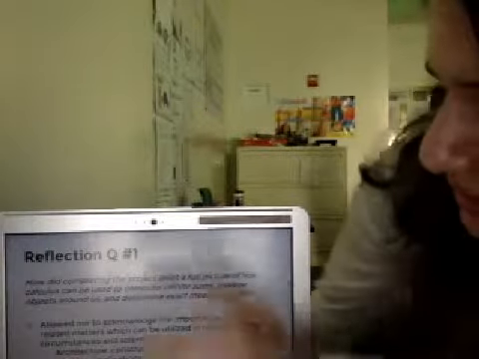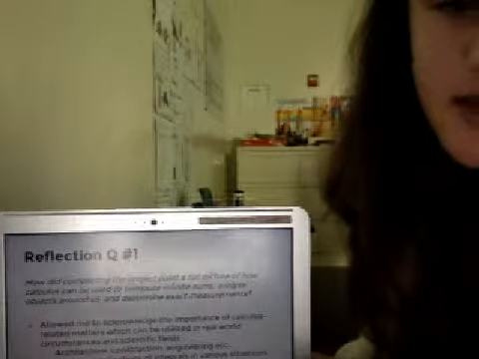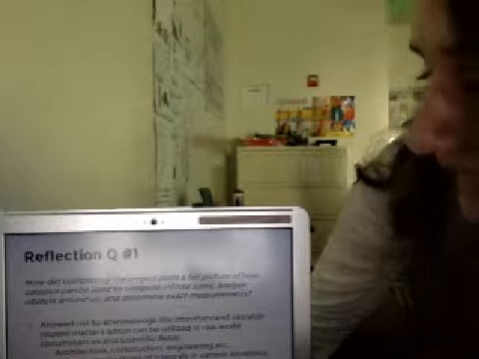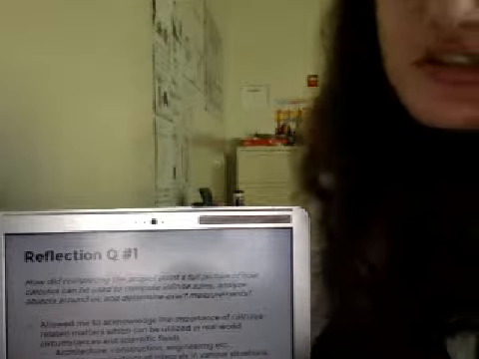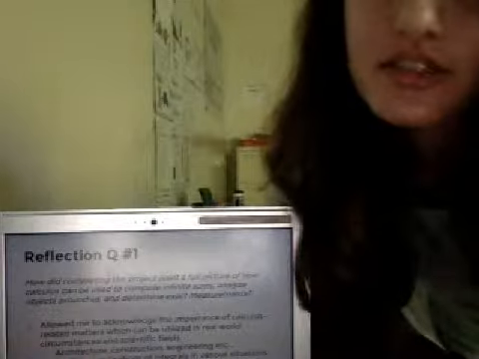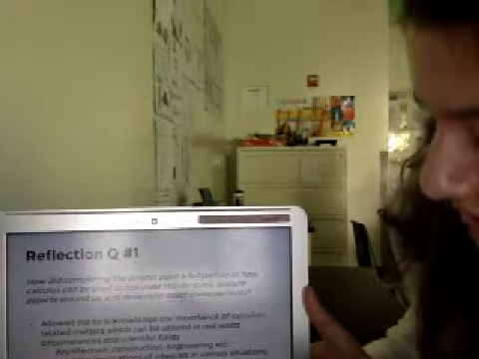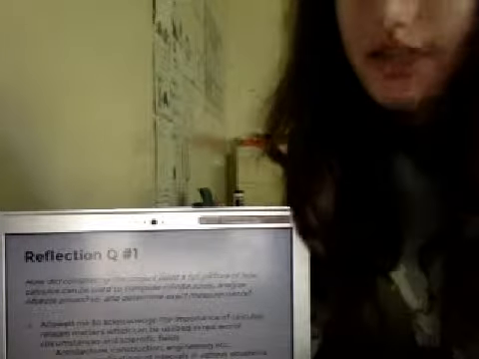So reflection, how did completing the project paint a full picture of how calculus can be used? Allowed me to acknowledge the importance of calculus-related matters which can be utilized in real-world circumstances, like architecture, construction, and building, and all that good stuff. And I learned the implications of integrals in various situations, calculating